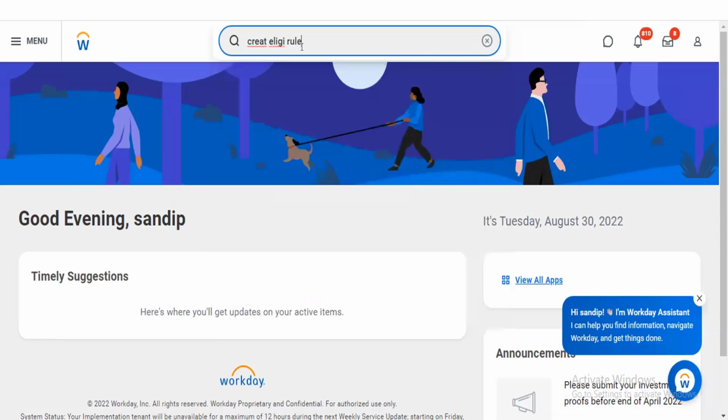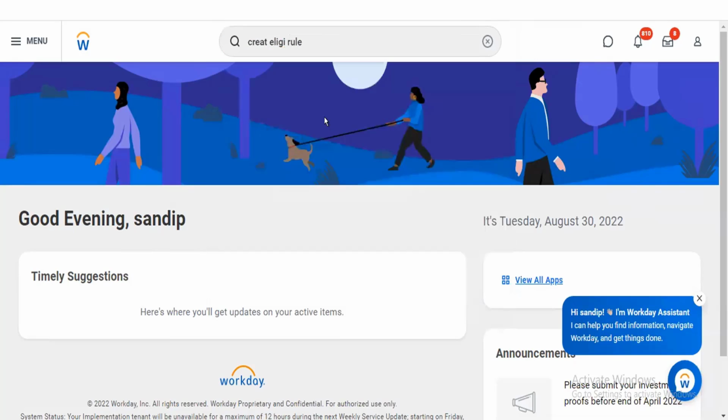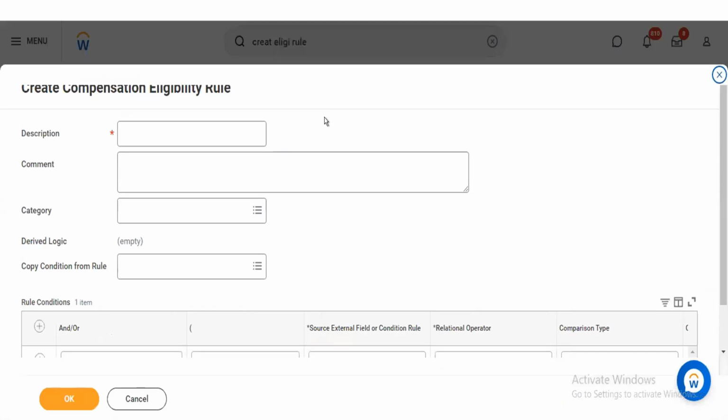You can see here we have eligibility rules related to benefit, compensation, notice period, student, time tracking, invoice. There are various eligibility rules that we create depending upon the use. Right now, I'll give you an example of a compensation eligibility rule. This is not related to talent. I'm just giving you a reference so that you understand why we create an eligibility rule. So for example, I want